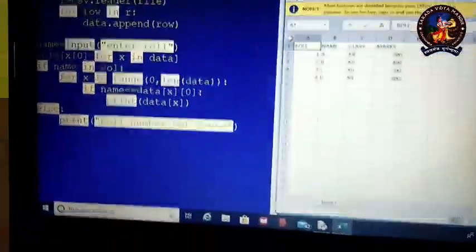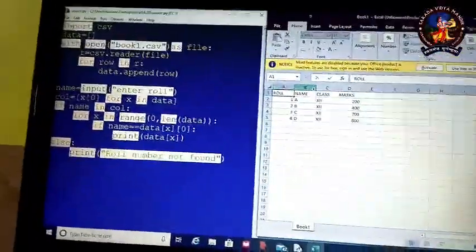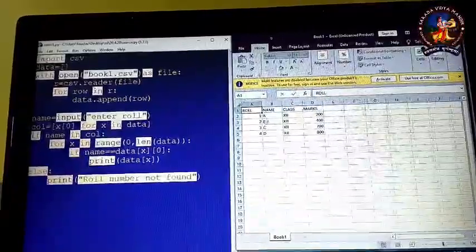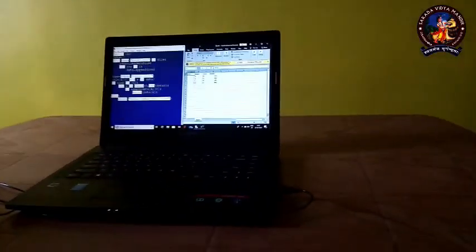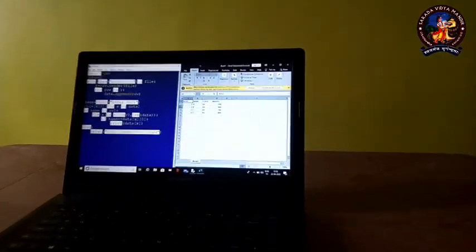Here it is an Excel file, so it has been given A, B, C, D like that. This is called the column and this is called the row. The names of the columns are A, B, C, D, and the row numbers are 1, 2, 3, 4, 5.